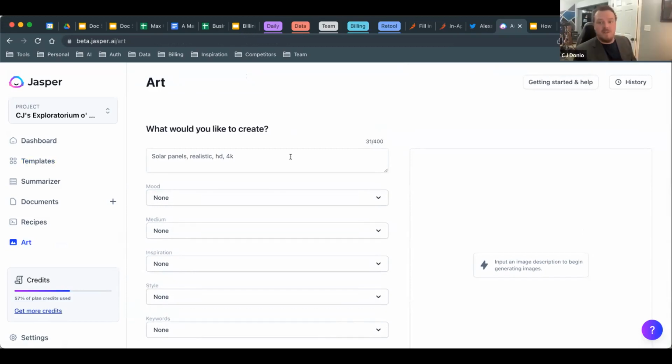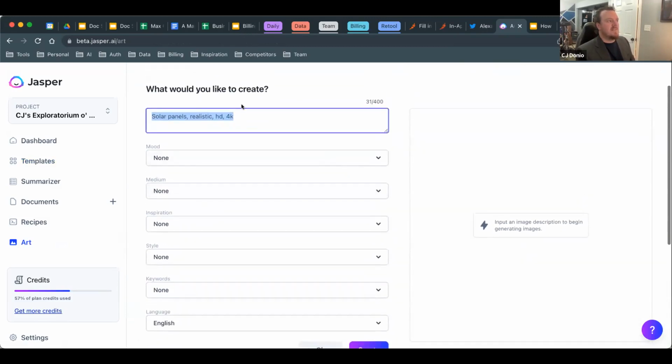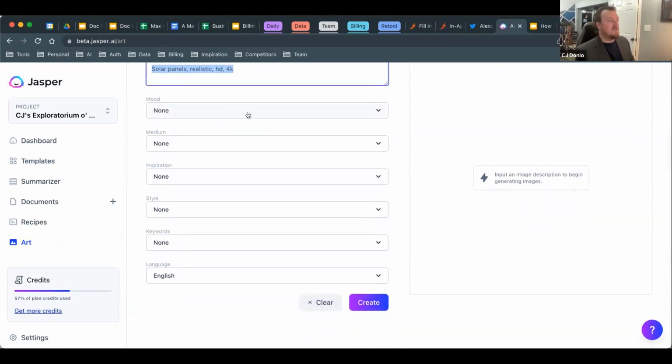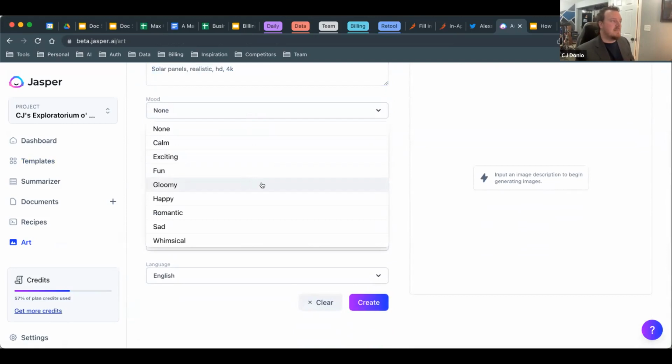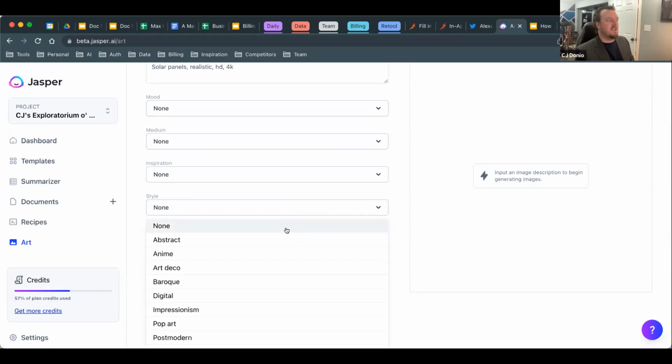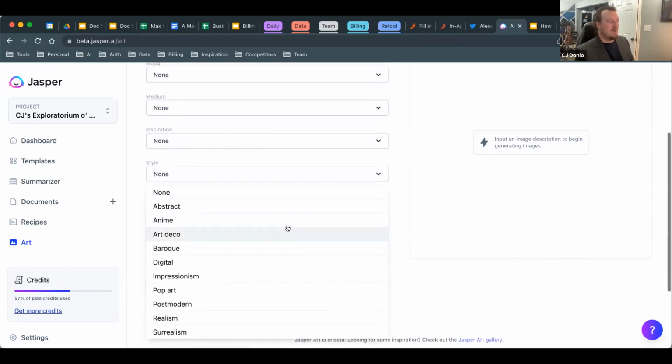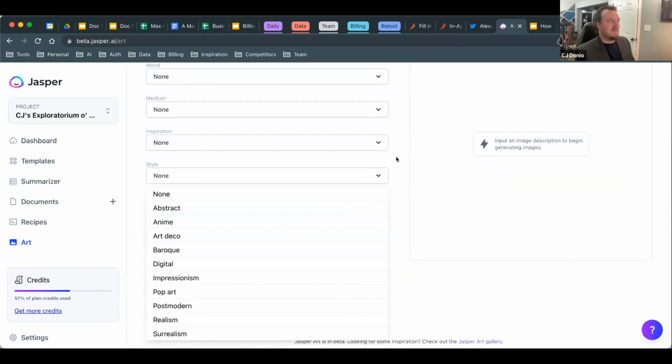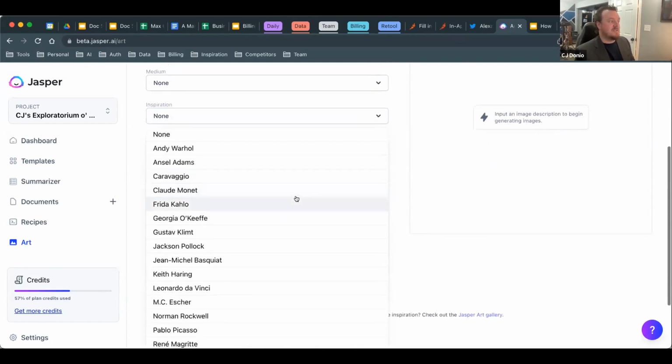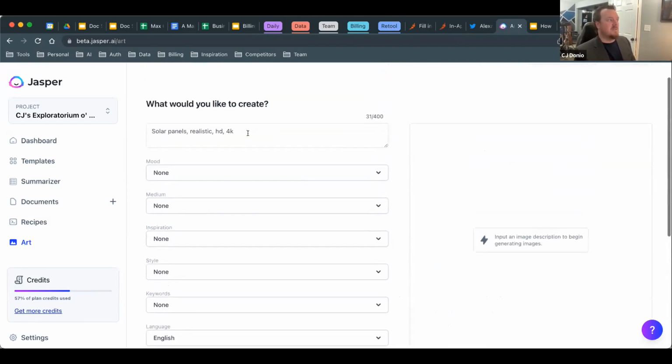Perfect. Okay, I'm going to go a little fast just because I want to make sure we get to some of the questions. So you can see here, I was in a previous search looking for solar panels. What I really love is you can just do open forms. So you're going to see me do that. I've practiced this a lot, but there's also these cool toggles where you can say, hey, I'm writing a sad story or I'm writing a happy story. You can even do, which is really cool, different styles. So I'm going to do an impressionist example because that's my favorite art style. And then you can also do specific artists. This is one of my favorites, is find a photographer or a painter that you love. You can emulate their style, which is pretty cool.